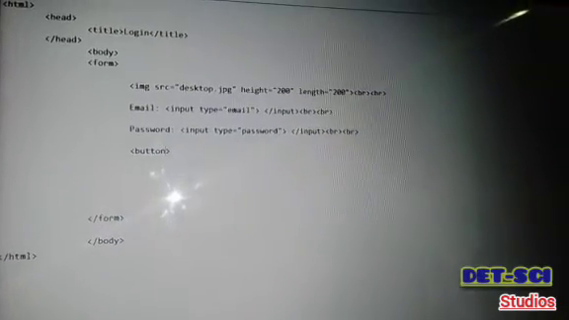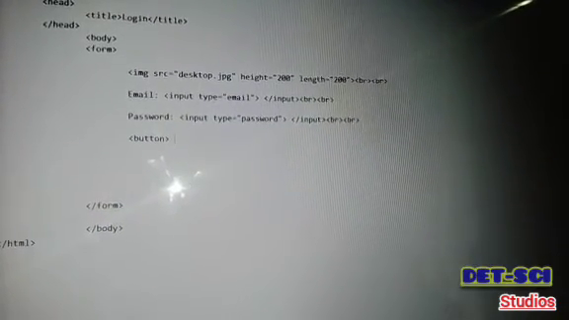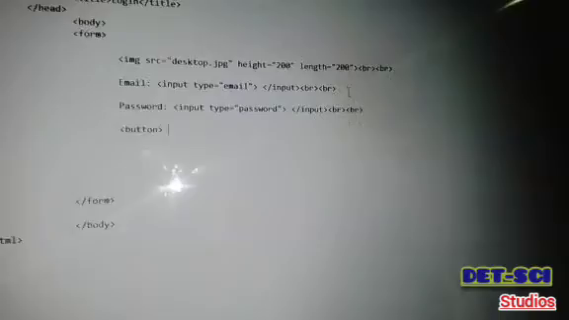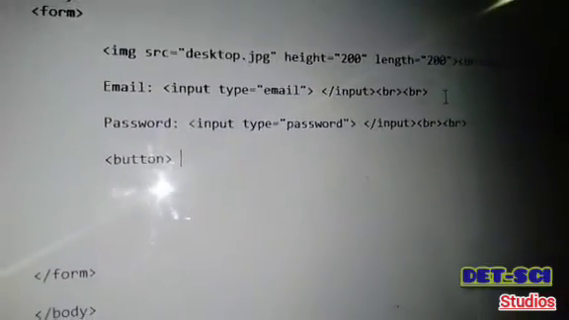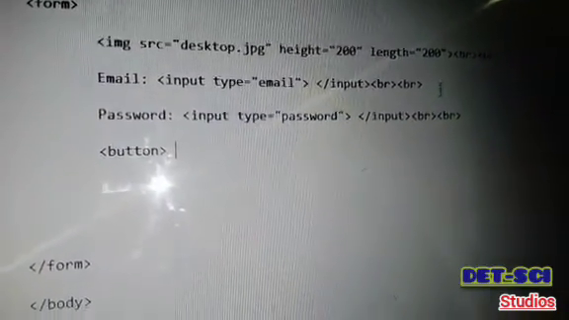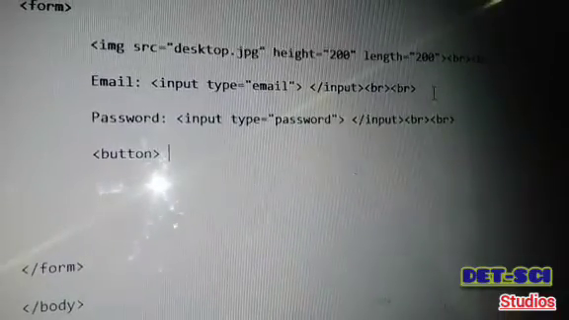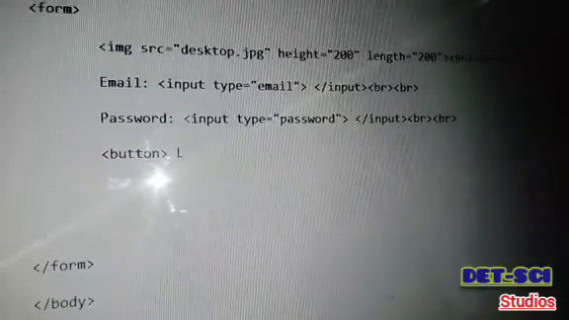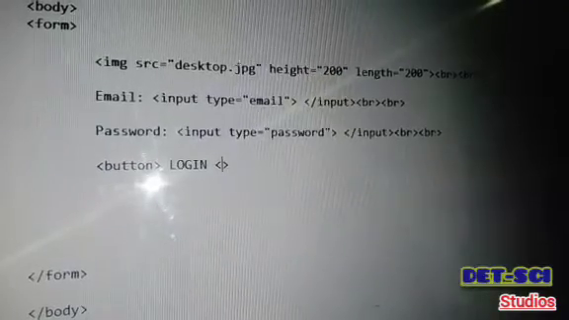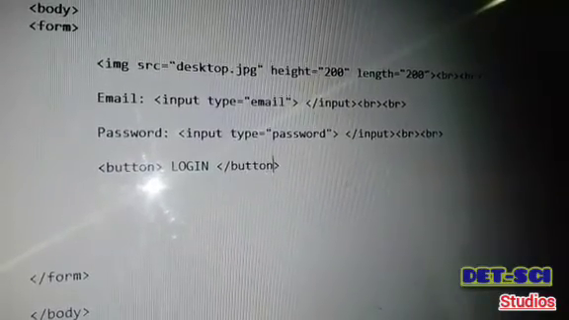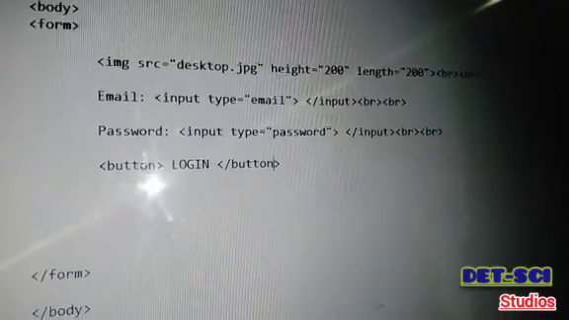So that when we click that button, after having entered the email and the password, we'll be able to log in into our account. So if you say button, and then the button must be written log in, then we come here and close the button. There we go. So if we save this,